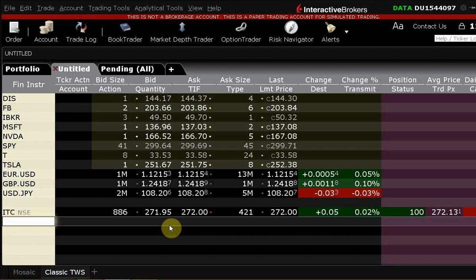Let's say Kushbu is bidding 91. You are bidding 93. Then Sakshi is bidding 95. They find that Sakshi's bid is the highest, so they'll show 95. So they will show the highest bidding price and the lowest offer. That is called the best bid and offer: the highest bid, the lowest offer.